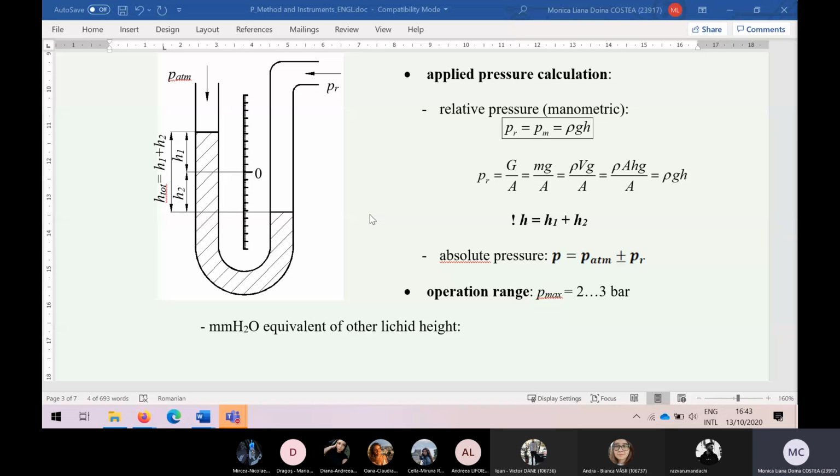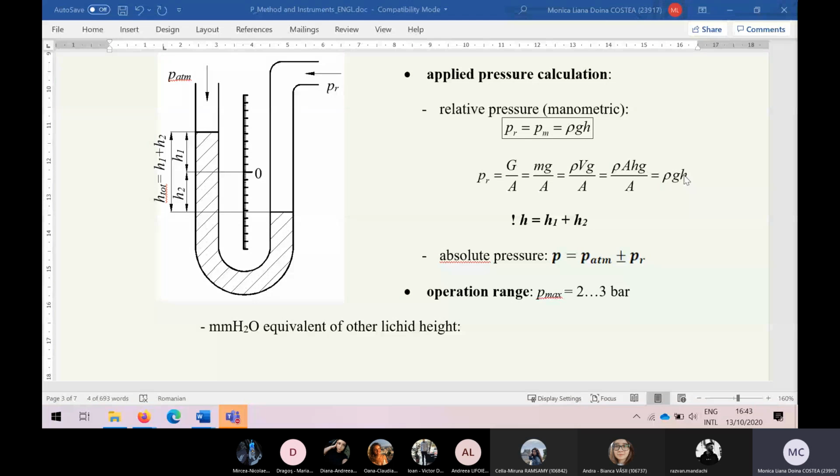Water, probably. The water, says Miruna. Why water, Miruna? We want a liquid that will show the greatest change in length. Yes, we need a liquid with great change in height. And this is caused by what? If we look at the expression, g is fixed by rule. So we can